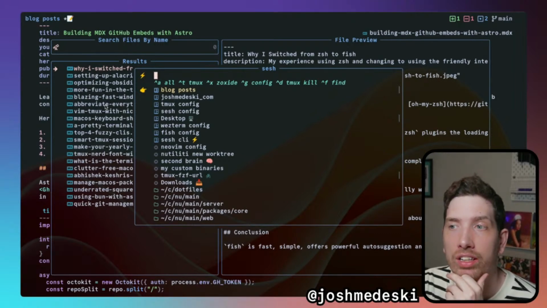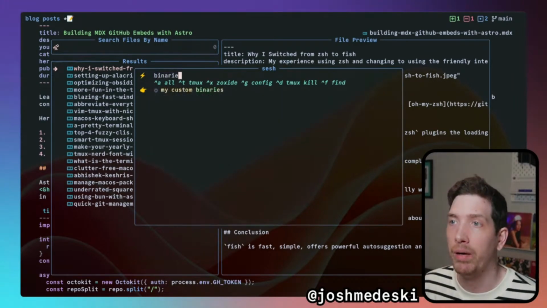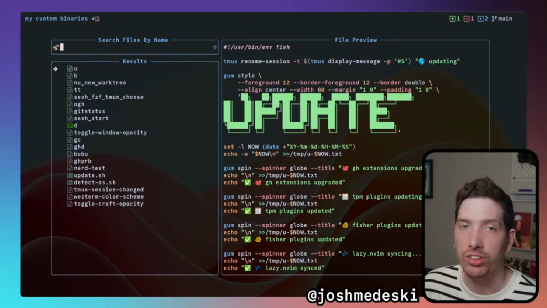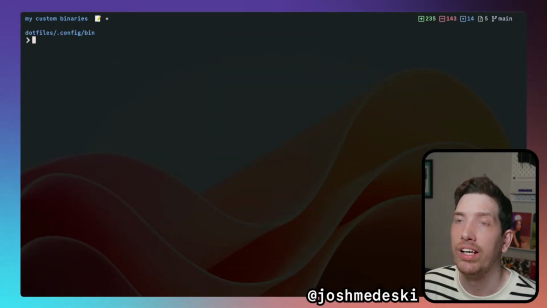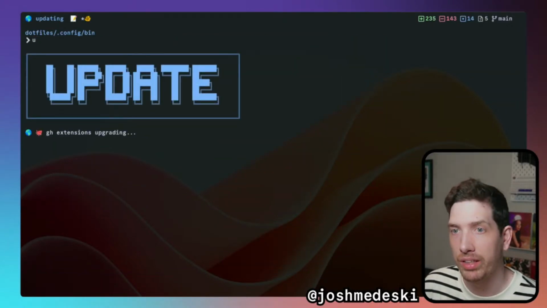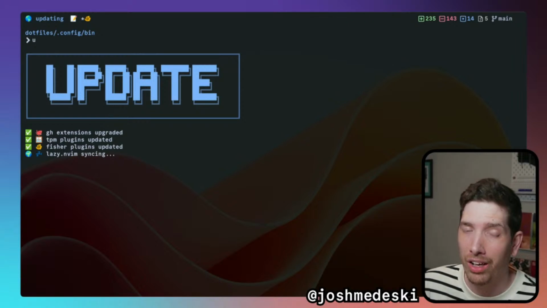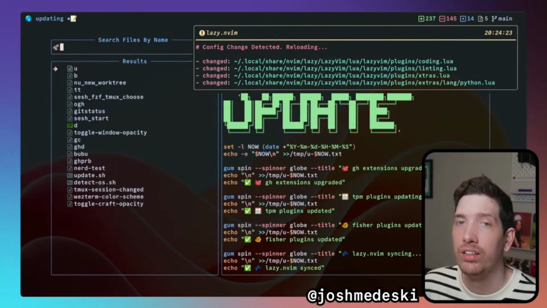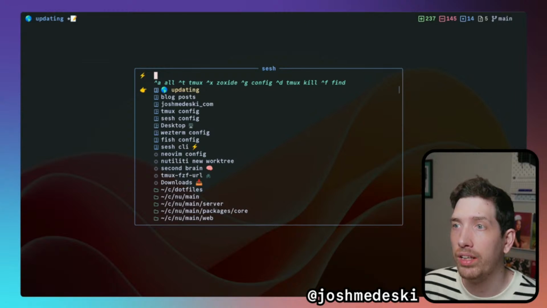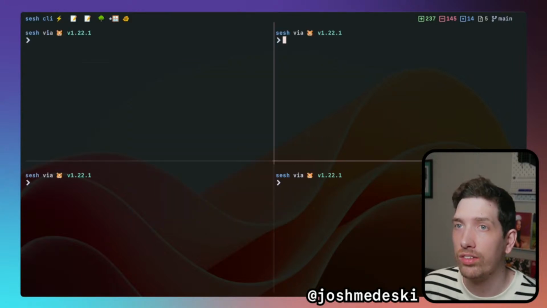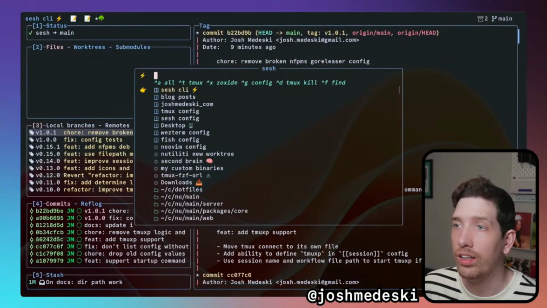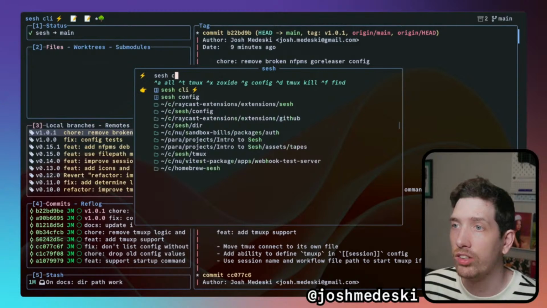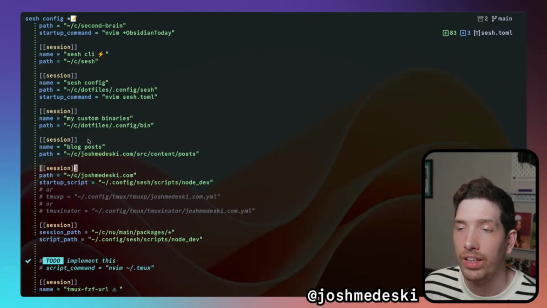And so rather than going to binaries, which are my custom binaries, and hitting this and going to update, I've been playing around, although I don't have a perfect solution yet, with this idea of: if I want to update, let's just close that. If I want to sesh config, I can